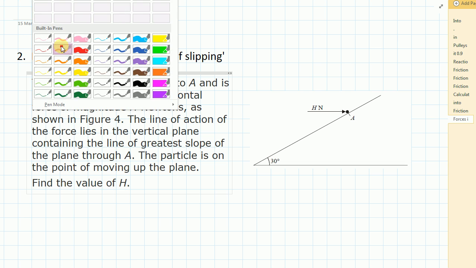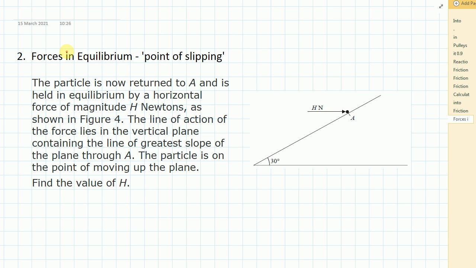Okay, this is another type question. This one's actually talking about the forces in it, and it's about forces that are in equilibrium or at the point of slipping, or the verge of movement. So the particle is held in equilibrium, that means no motion,